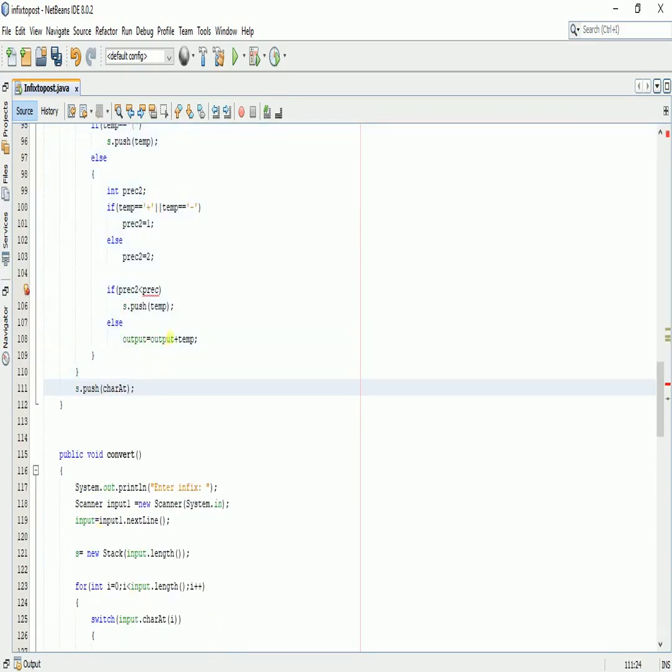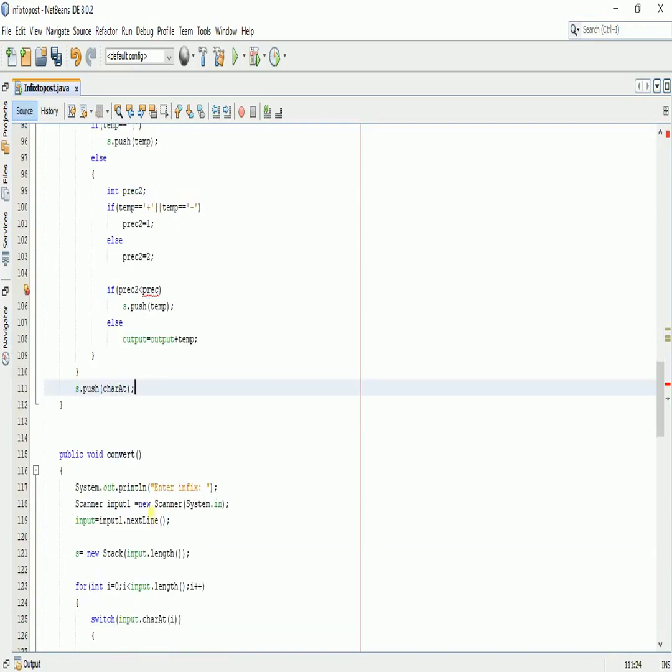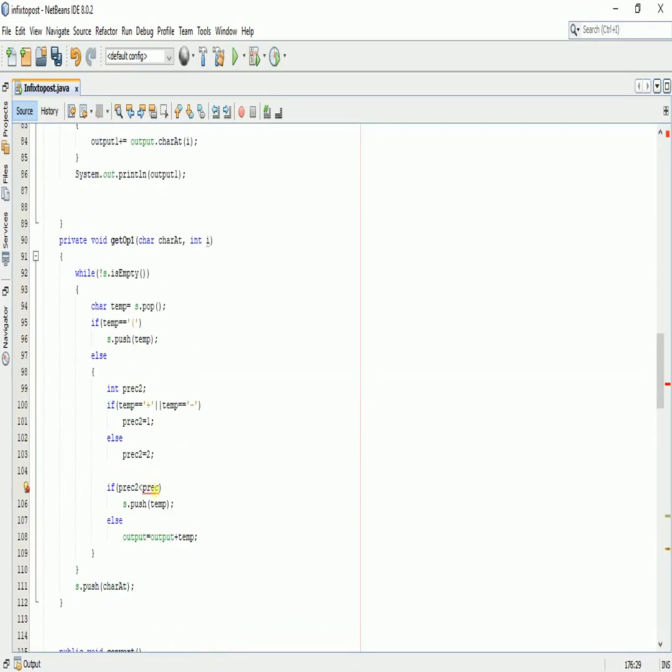There have to be some changes which I have to make. It is showing an error because I have to change it to this precedence. Now the error is resolved.